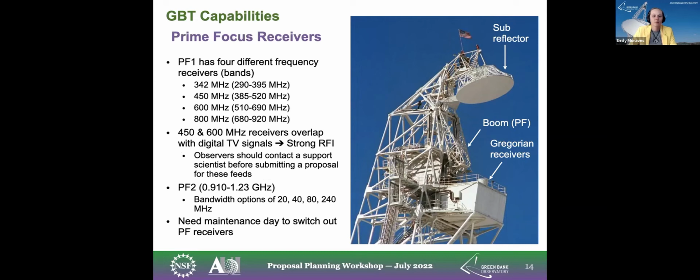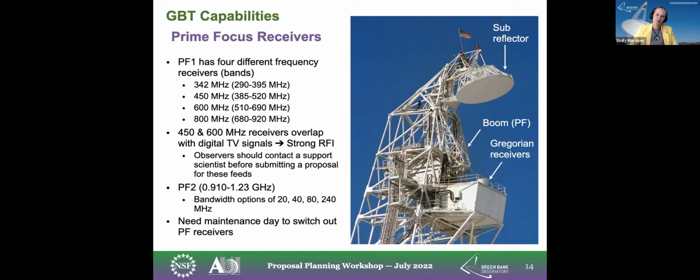So here are the prime focus receivers. There are quite a few of them. The main ones that get used are the 300 megahertz and the 800 megahertz. The 450 and 600 overlap with a lot of digital TV signals, so there's a lot of strong RFI. If you want to use this, you should contact a support scientist before submitting a proposal. We also have another prime focus receiver that has various bandwidth options, but